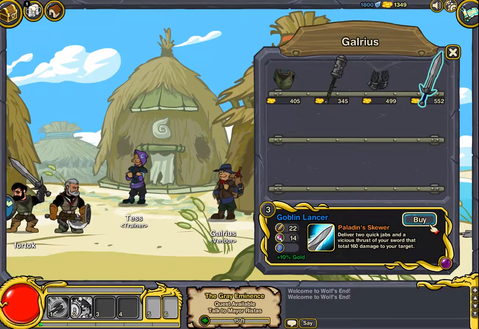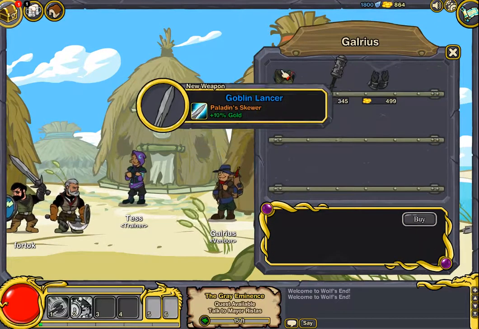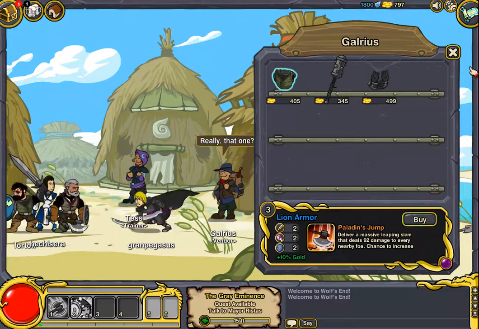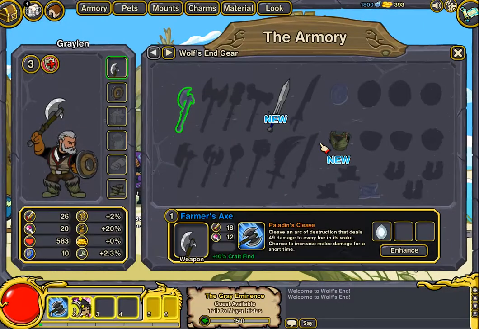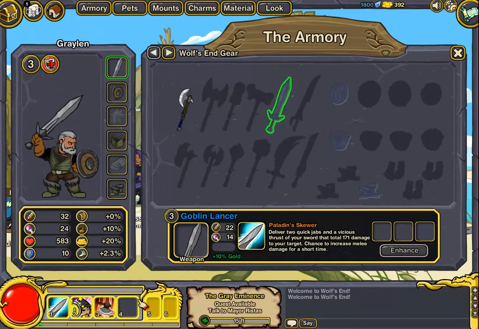I'm going to buy this single target sword for now, because those adds are not really a problem. It seems to be mostly those annoying bosses or mini bosses, whatever you want to call them. Also, I'm going to buy the armor, because that gives me another ability, Paladin Jump Slash. And I'm curious if I can...